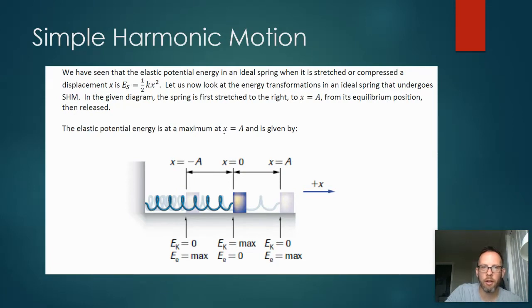What we've already talked about with respect to conservation of energy in an ideal spring is that our spring energy, or elastic potential energy, is 1/2 kx squared. Now, as we think about how that energy is transformed as a mass on a spring moves back and forth and back and forth, hopefully you're convinced that